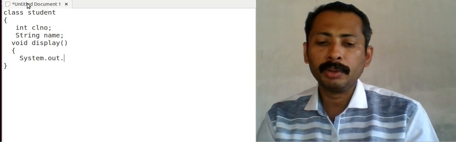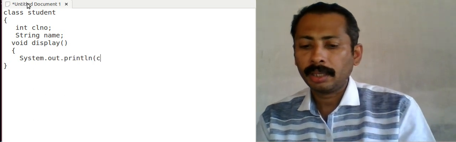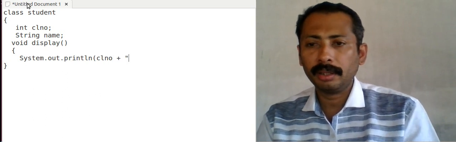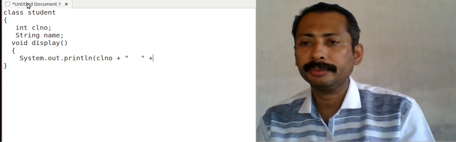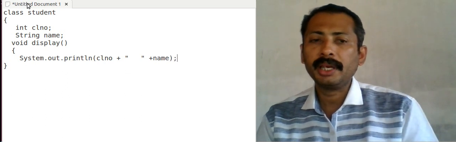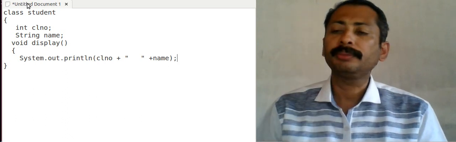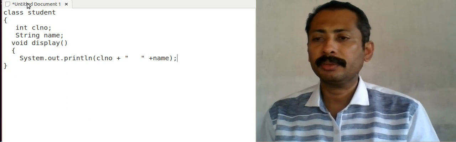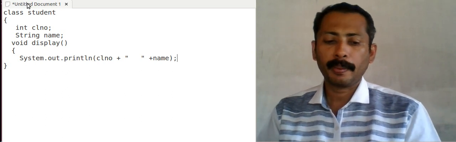So system.out.println class number, along with that a space, then along with that name. Plus is a concatenation operator used in Java for combining two strings. So this is system.out.println class number space name.